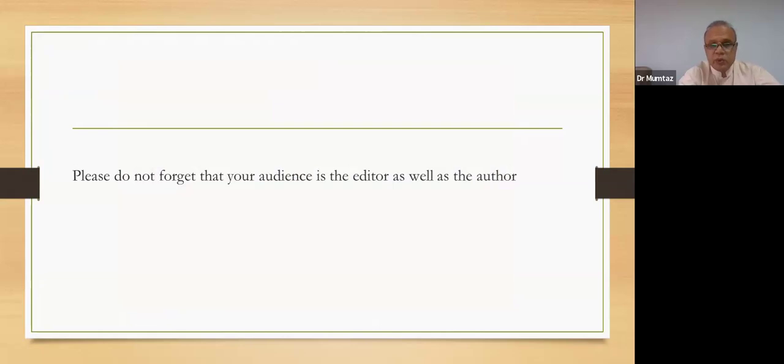This is human nature. When someone addresses you, then you reply to that person directly. In this case, the editor will send you a manuscript for review. So obviously, the peer reviewer considers the editor as the only audience and addresses the audience directly. But please, this is about the double-blind review, of course. Please know that the author of this paper, whose name is not visible, is also your audience, and you have to talk to them or write to them as well.